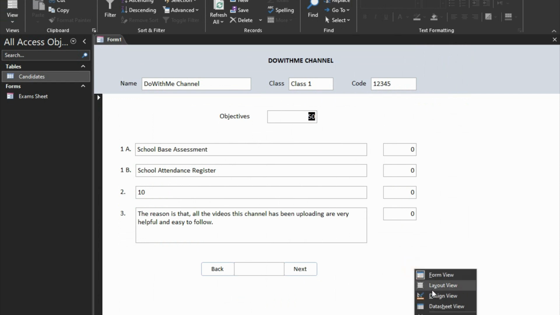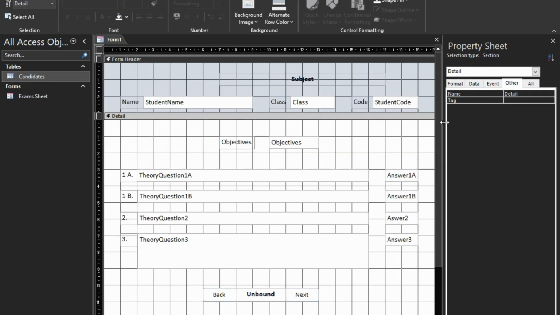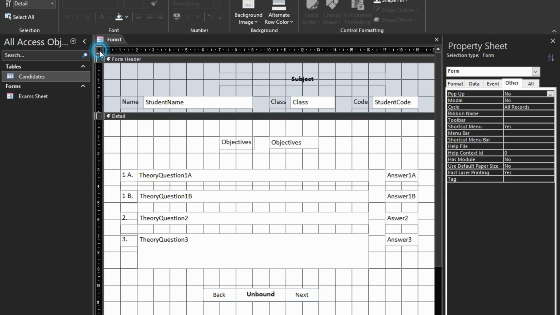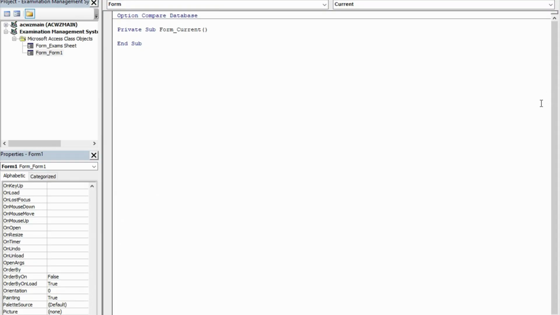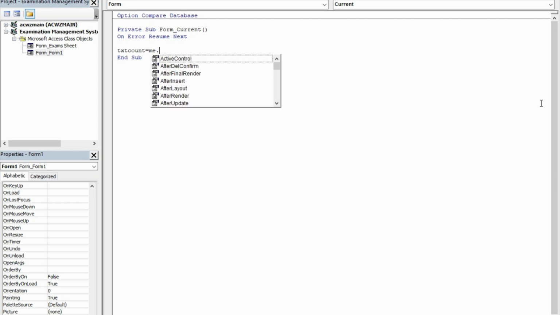Okay. So here I'll select the form, and I go to event, then come to On Current. So I'll double click here, go to the three dots. So here I say On Error Resume Next, then TXT count is equal to me dot